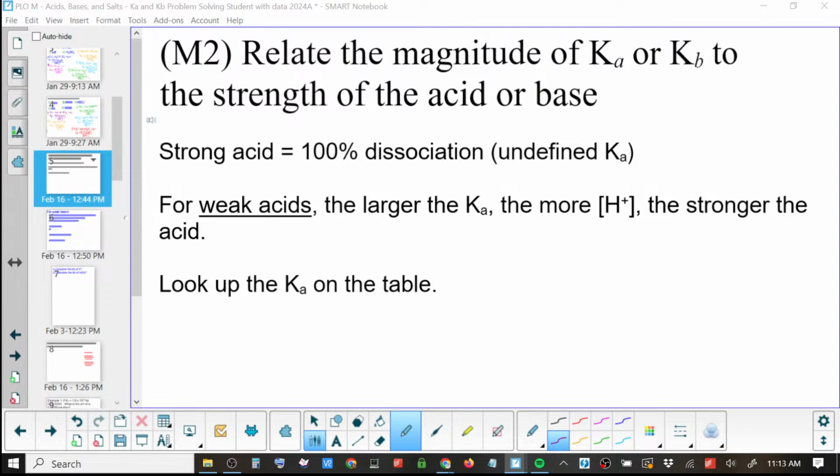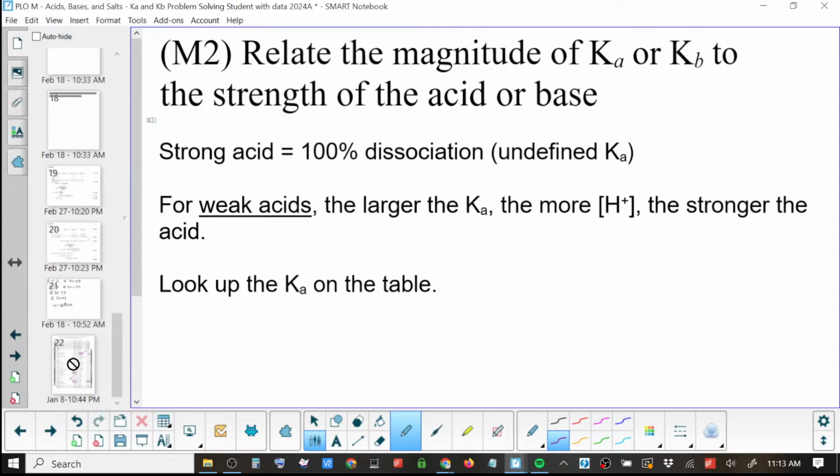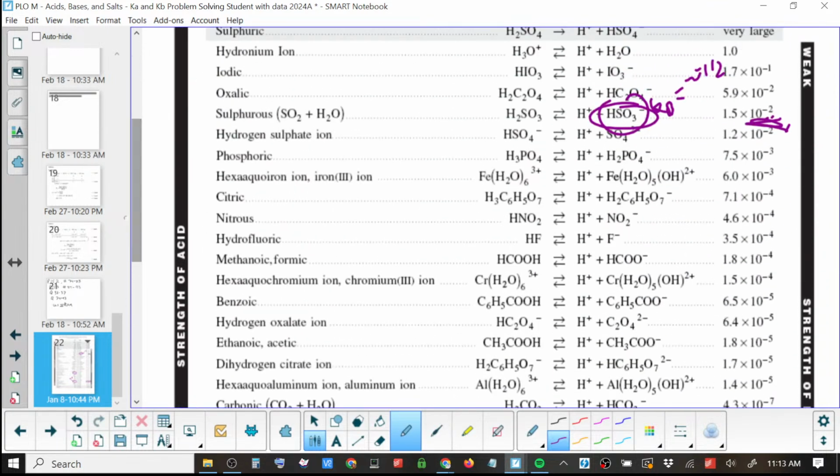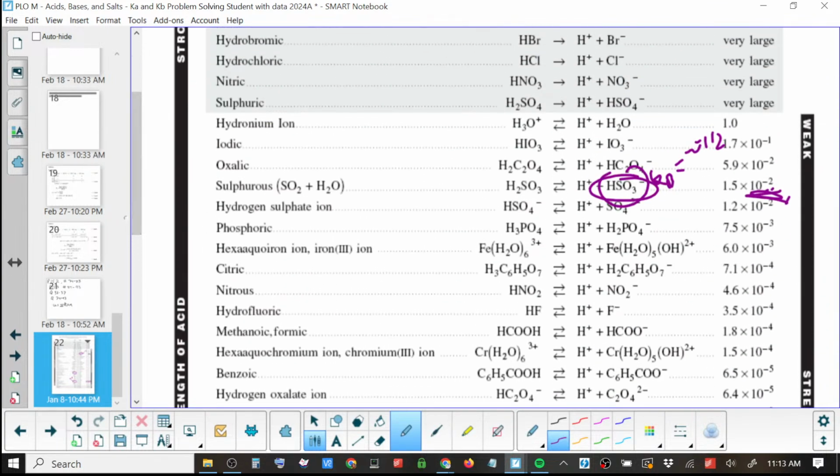And this is using our table. We did this in a previous one. This is noticing now not just how it's written strong, but the stronger an acid, the larger its Ka. How do you calculate a K value again? Products over reactants. And so if you have a lot of products, then you're a stronger acid. This isn't terribly enlightening. You have a stronger acid, and then we even write it on the side here to let you know, oh, these are stronger.